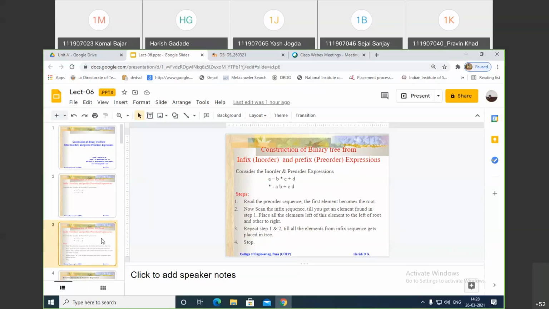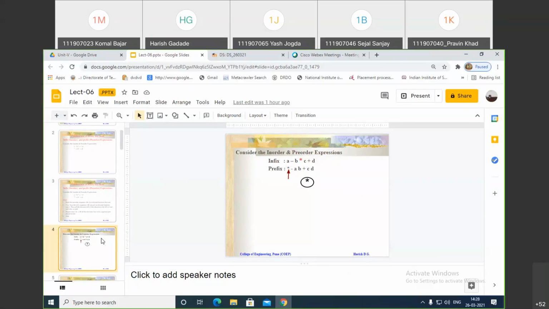That same example I have taken here. Now what are the steps? First, scan this prefix expression from left to right, and take the first character from the prefix sequence and search for it in this infix sequence. The first character is the star.